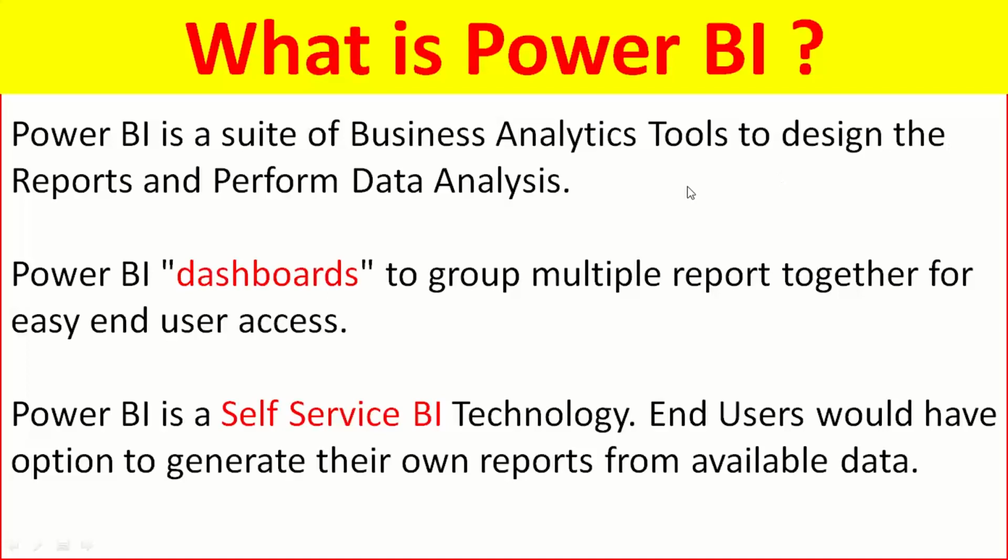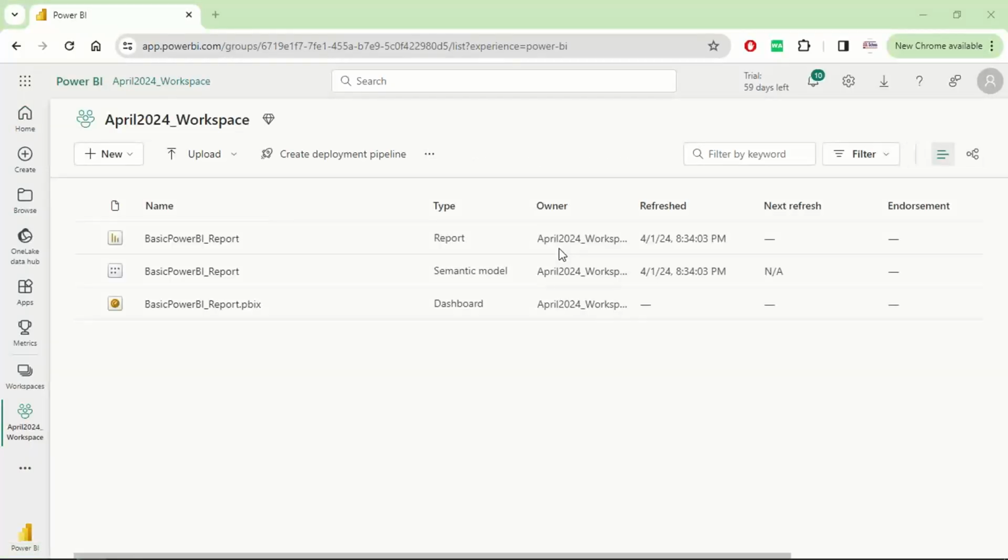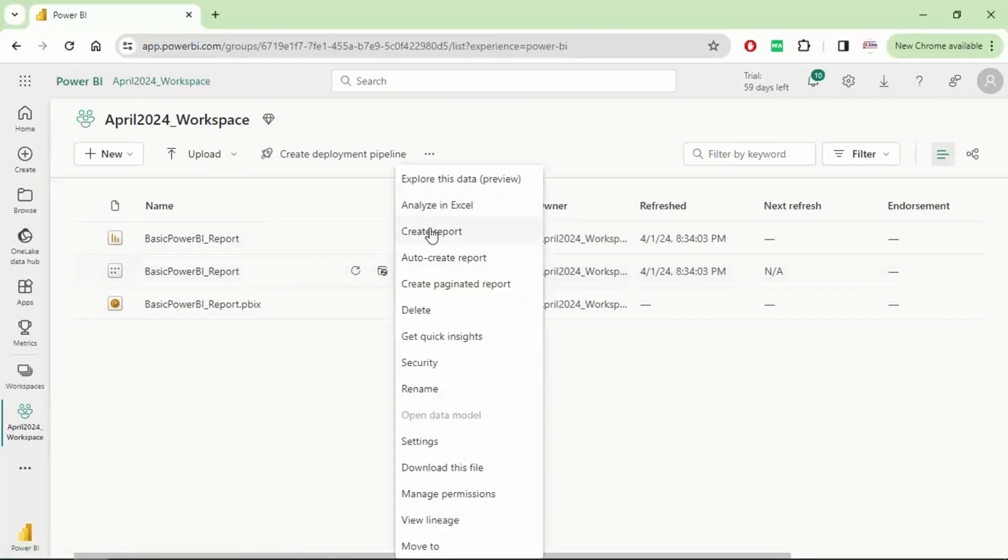Now you may ask me, Sai, if customers can generate their own reports, what do we do then? Yes, there our actual duty starts. Our duty is to format the data, to bring data from various data sources, and design reports. Customers may even generate their own reports as well